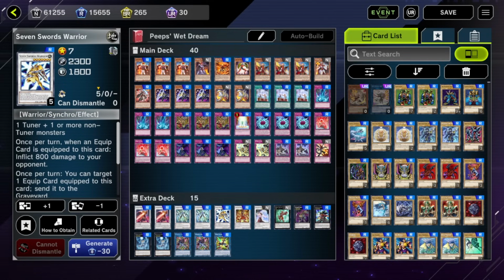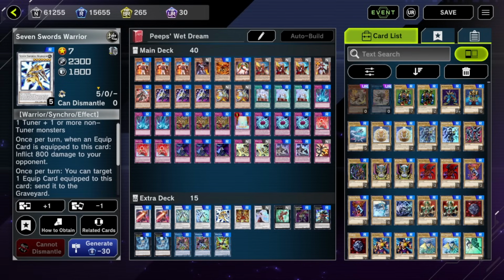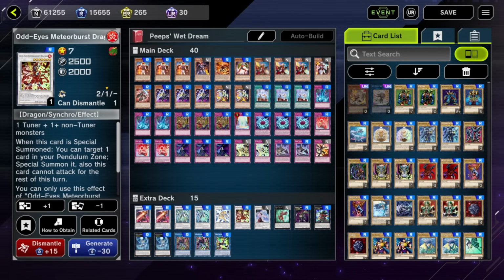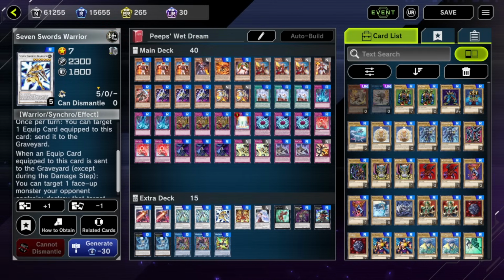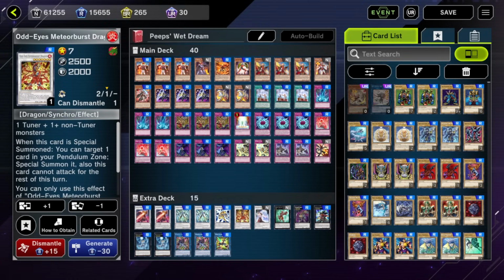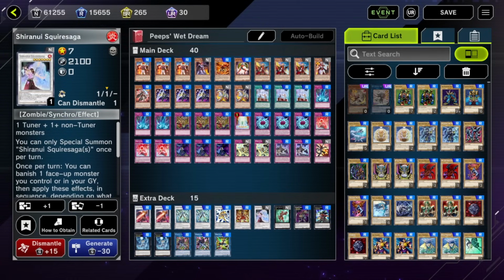You have 7 Swords Warrior, which basically, when an equip card is equipped to this card, it deals 800 damage to your opponent. So it's a cheeky way to go for a game just by equipping an equip monster to this, burning them for 800, and then the equip monster is probably going to give it another 500 attack. So that's a lot of damage right there. And then you can target 1 equip card equipped to this card and send it to the graveyard. When the equip card equipped to this card is sent to the graveyard, then you can destroy one of your opponent's monsters too. So yeah, then you have Autoized Meteorburst, obviously generic level 7, and then Shiranui Squire Saga,